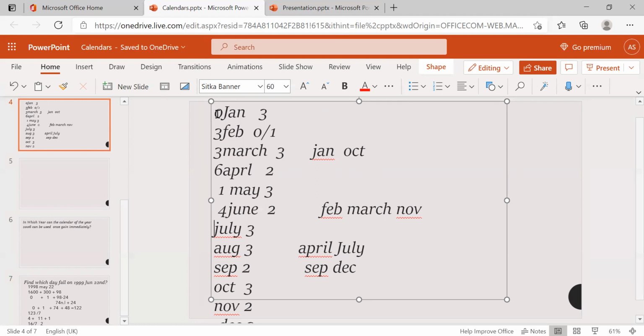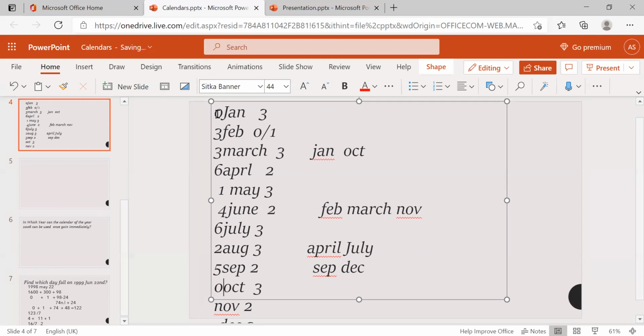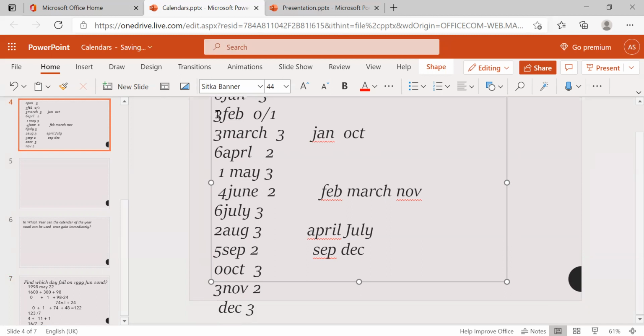Then 6, 2, 5, 0, 3, 5. So these are nothing but the odd days up to the month.